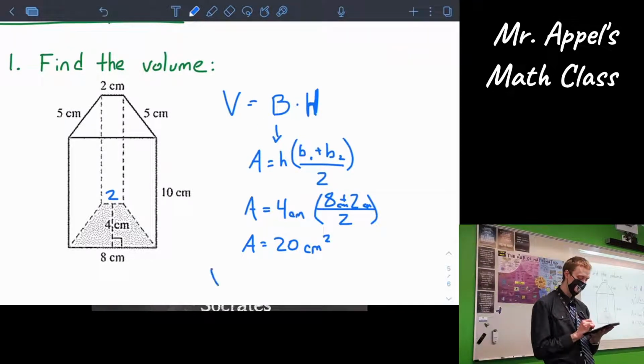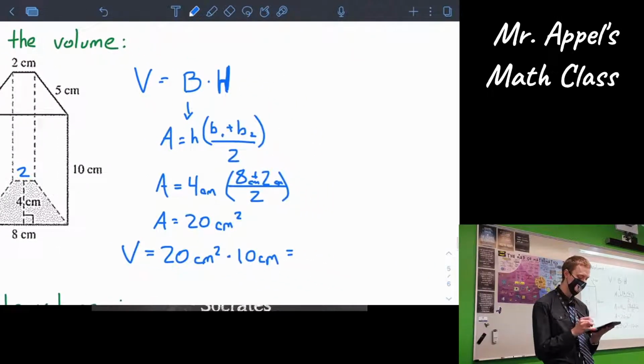So to find the volume of the whole thing, we'll take our 20 centimeters squared and multiply by 10 centimeters. Very good. Oh, that's an easy one. 20 times 10 gives us 200 centimeters